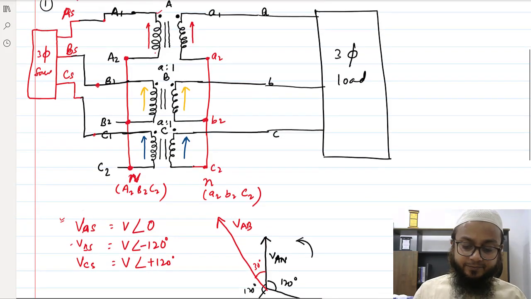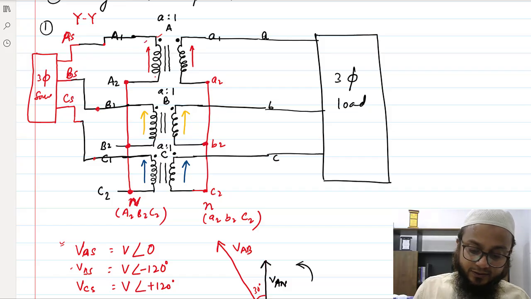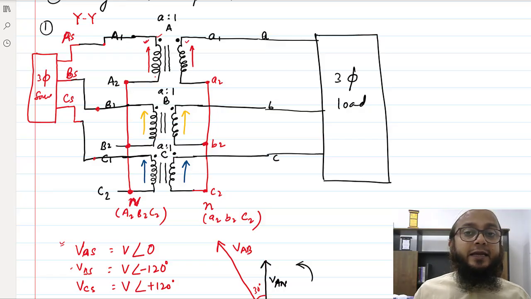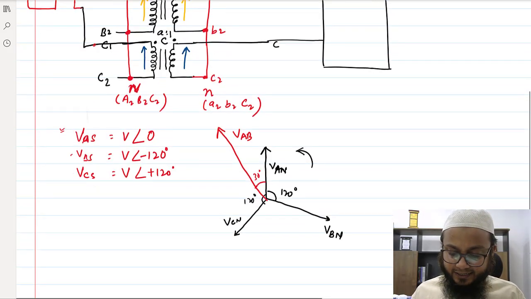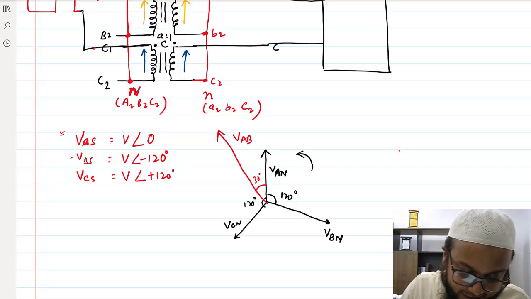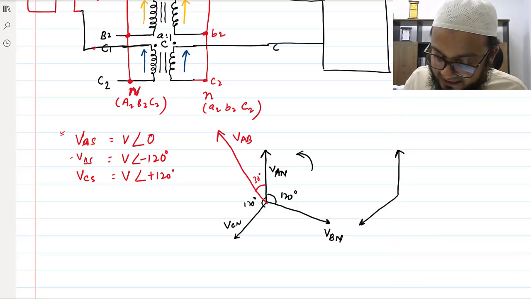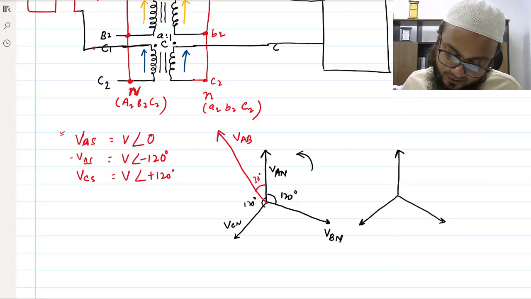And we know that the phase voltage at the primary side and phase voltage of the secondary side are in phase. Let's say if it is an ideal transformer, they would be exactly in phase, right? So depending upon the turn ratio, the phasor magnitude would be different, but they will have the same phase angle. So this is your VAN,